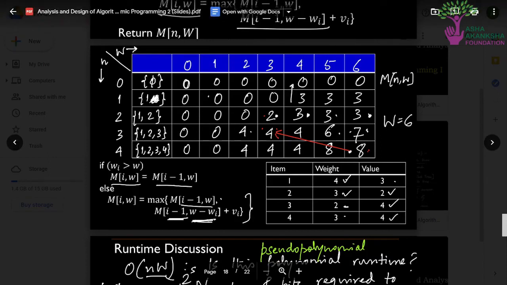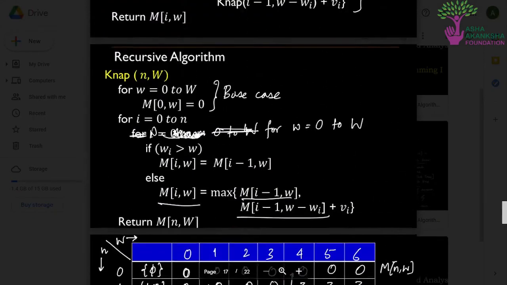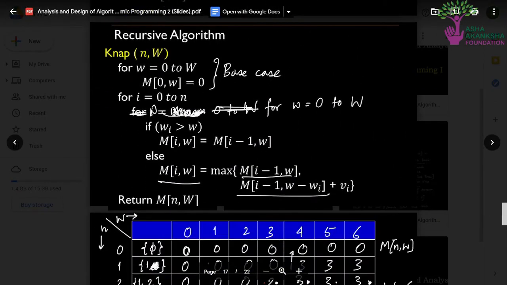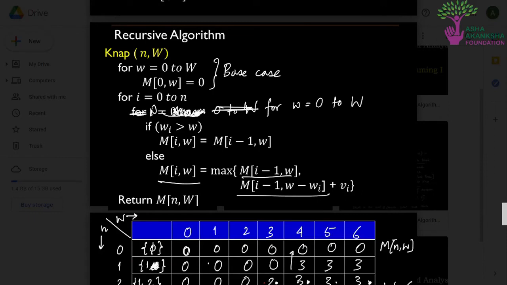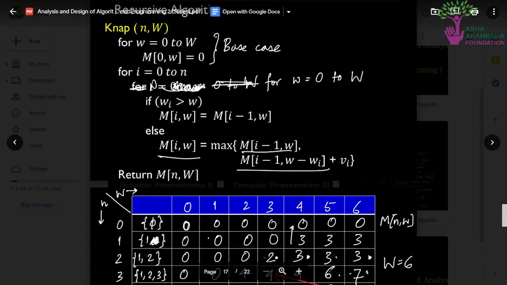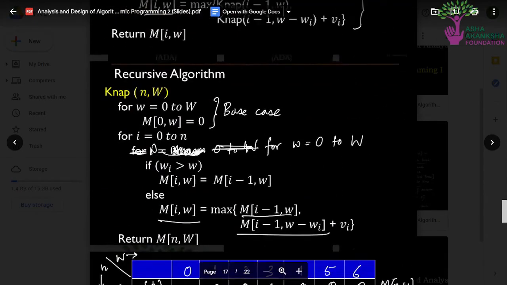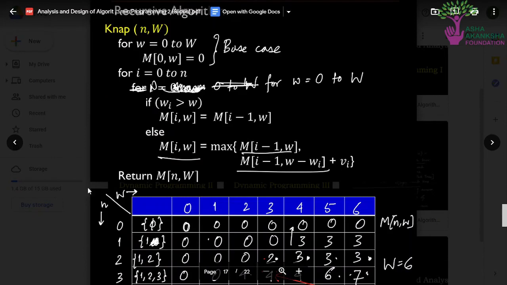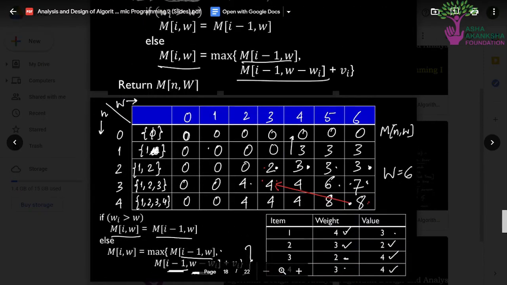We traverse i equal to 0 to n, and w equal to 0 to w, and do the same thing that we did in the recursive case, and that is the solution. Our final solution will be in the n comma w cell. We just return it, and this is the solution.